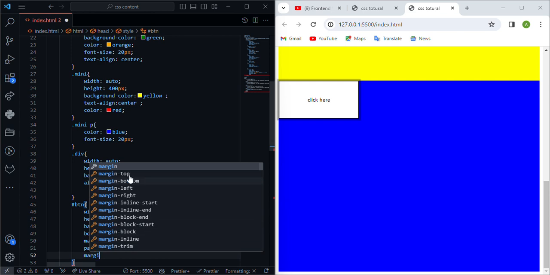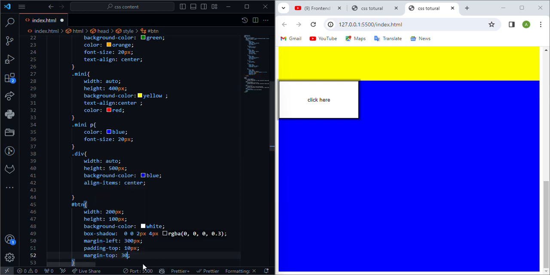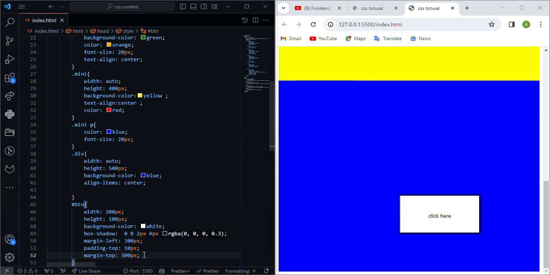Margin top also 300 pixels. So when you save the whole thing, you find you already have a button which has come to the center. So this is how we can also change the text inside this button by basically saying